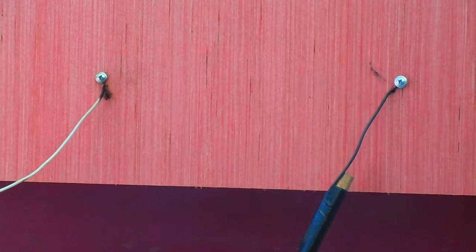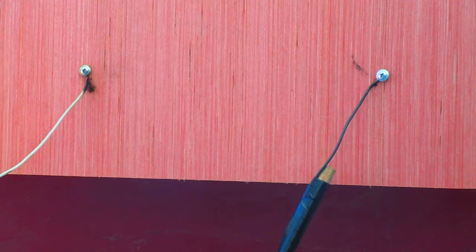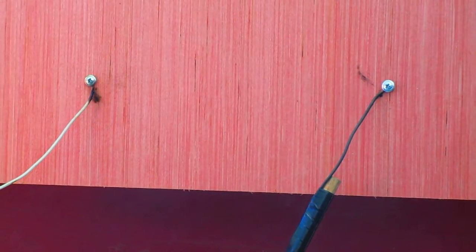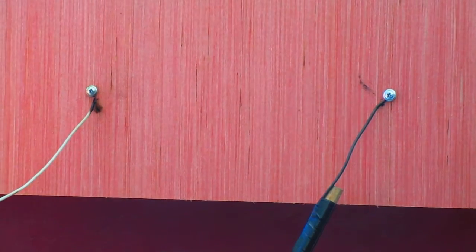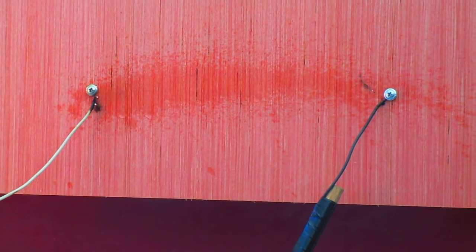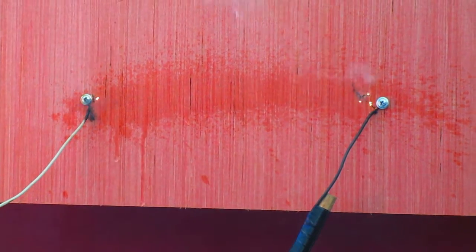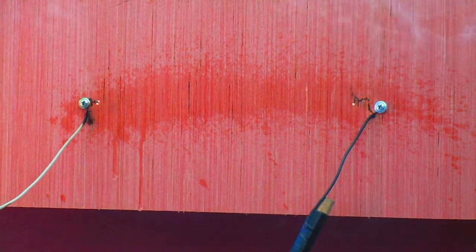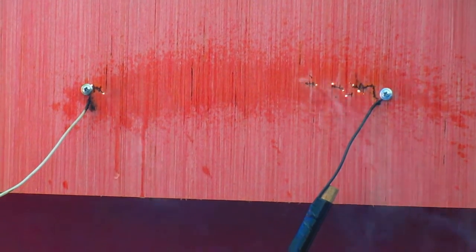Alright, so now it's trying to get from point A to point B, right? We all know that. It's going to go the path of least resistance. Right now it's got a lot of resistance because the wood is a fairly decent insulator. So we're going to add a better conductor to it, add that water. We've seen water was a conductor this morning, right? And energize that water. But now that we've added that conductor to it, it's helping it already transfer through